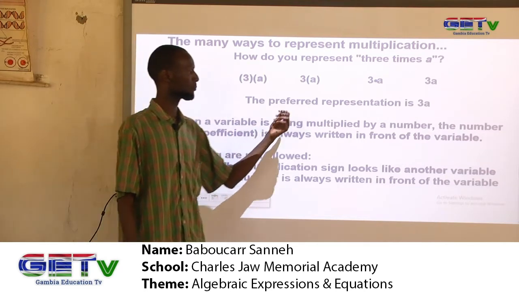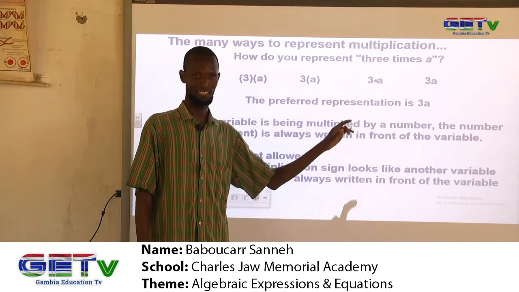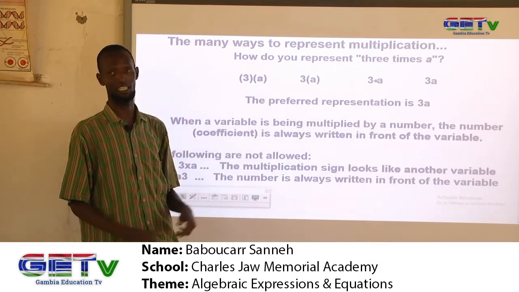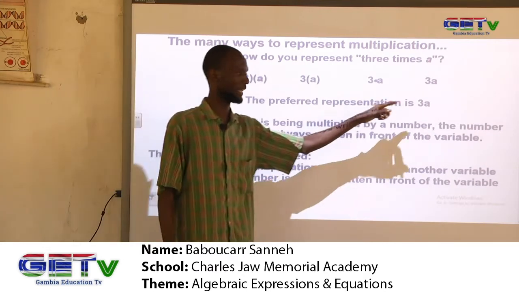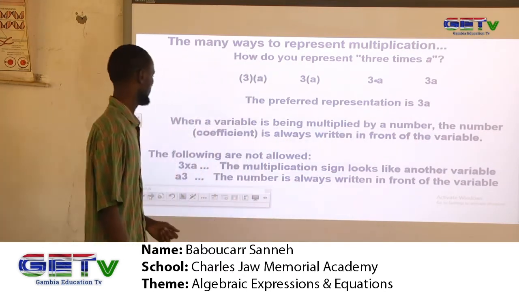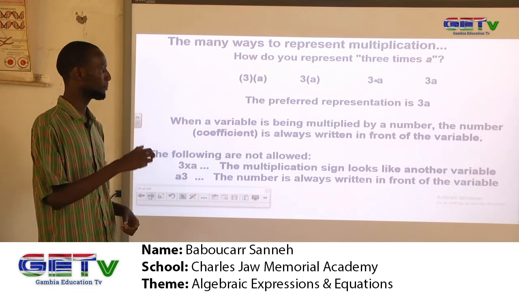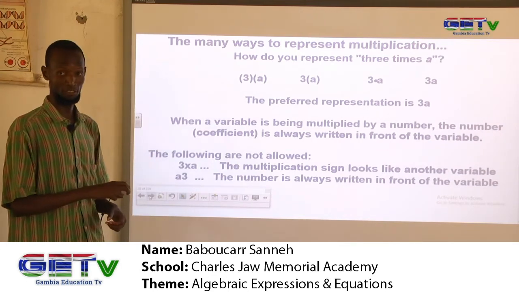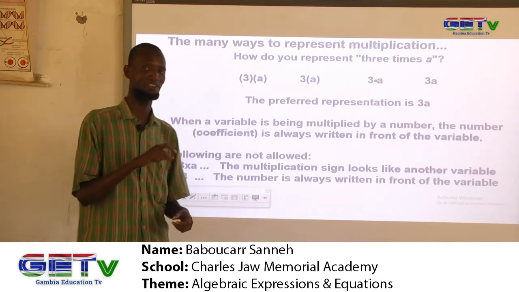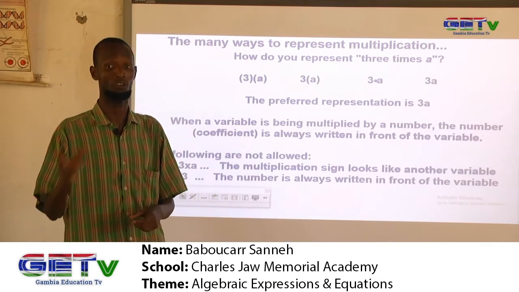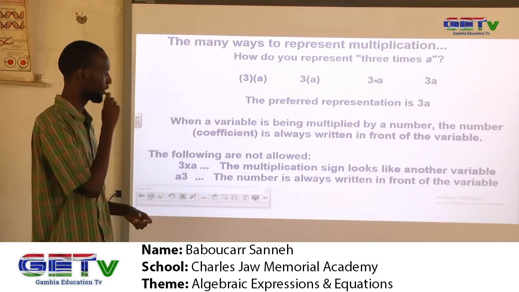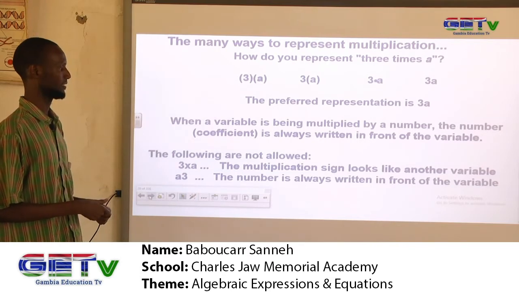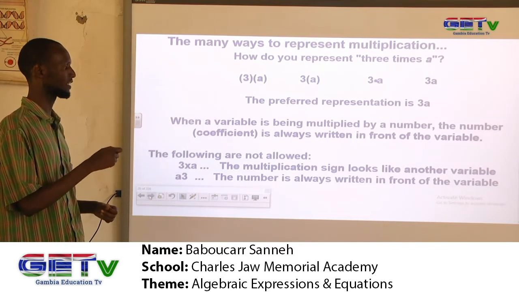But the preferred representation is 3a. We prefer that you write 3a, but it does not mean that if you write the other ones, it's wrong. But we prefer to write 3a. Right? Now, when a variable is being multiplied by a number, that number is the coefficient. Remember, previously we said that the number being multiplied by the variable is the coefficient. When a variable is being multiplied by a number, the coefficient is always written in front